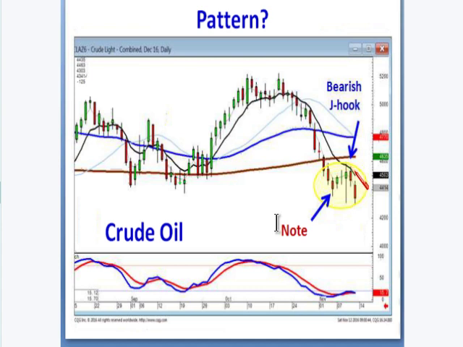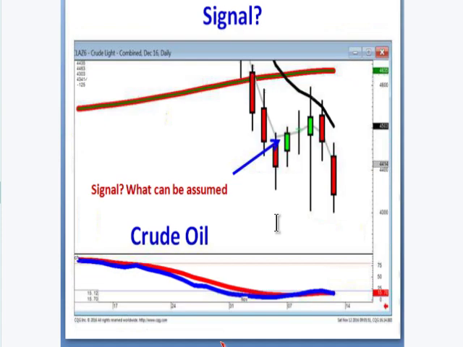Notice that it failed the T-line, a bearish engulfing signal. Where do you think the next price target would be on this chart? If this is wave 1, wave 3 is down here somewhere. And the reason we would think that it's failing up here, what is this signal right here? That is basically telling you this is not a reversal signal. So if we don't have a reversal signal,